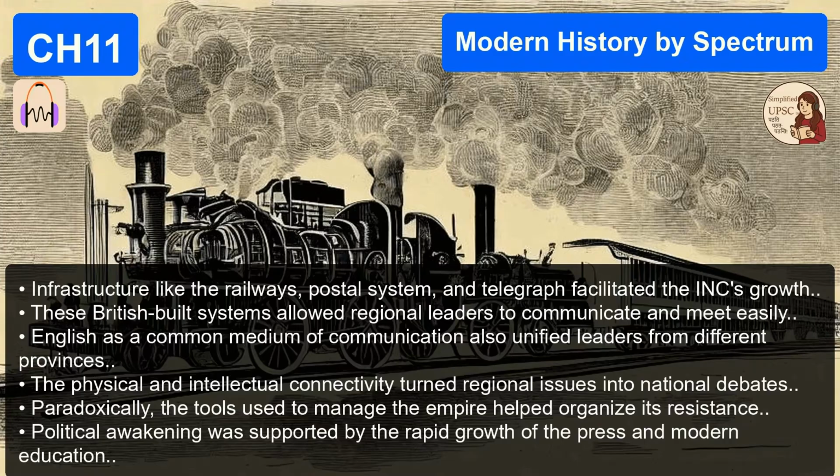So Hume thought he was using them as a safety valve, but they were actually using Hume as a lightning conductor. That is exactly it. It's his political 4D chess. It's brilliant. It ensured the movement wasn't strangled in the cradle, so Congress survives its birth. Now we enter the first major phase of the movement. The era of the moderates. Right. Spanning from 1885 to 1905.